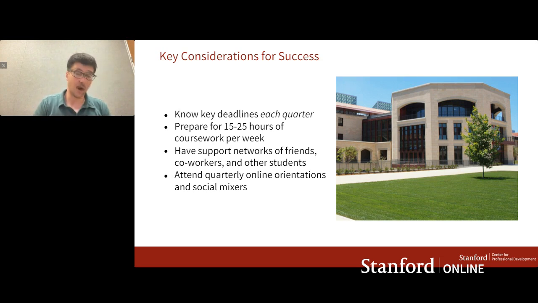If you are interested in the non-degree option program, and we'll go into more detail about both of these, then you are supposed to be an online student. That means you are expected to watch the lectures online, to do most of the coursework online. You will not have access to the on-campus Stanford Library by virtue of being a non-degree student. I think it's $100. You can buy access to the Stanford Library in person if you wanted to go in and use the library.